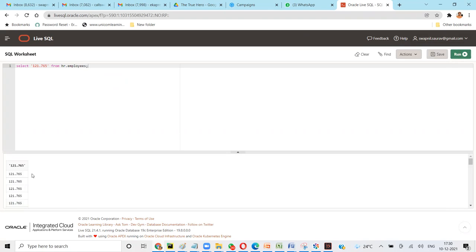Okay. So you got one to one, the same as the number of rows that will be there in the table, right? That's where DUAL is a dummy table with only one row, one column, so you'll not have that kind of problem. Okay. So now let's say I convert this into number format.